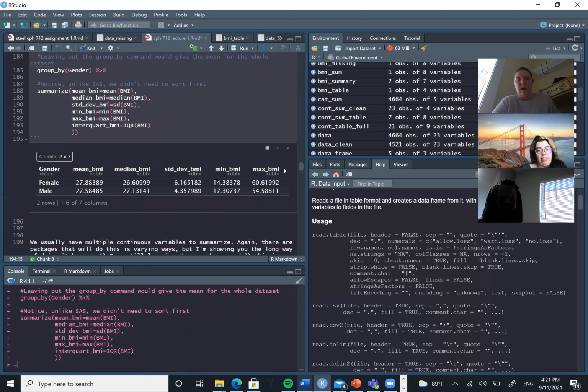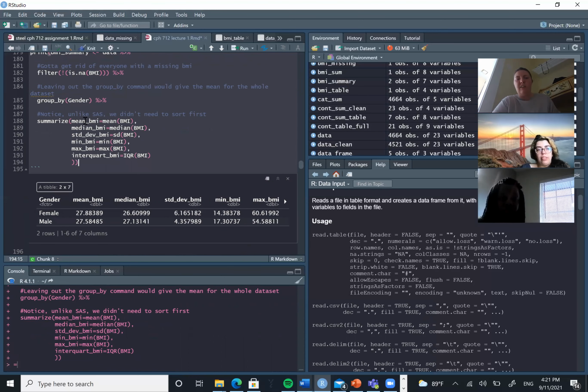So now we see our continuous variable. We've summarized it. We've grouped it by gender. So each of these groups is the mean for each of these genders right here. So if we had excluded this group by, we would just have 1 row for the entire data set. And so this